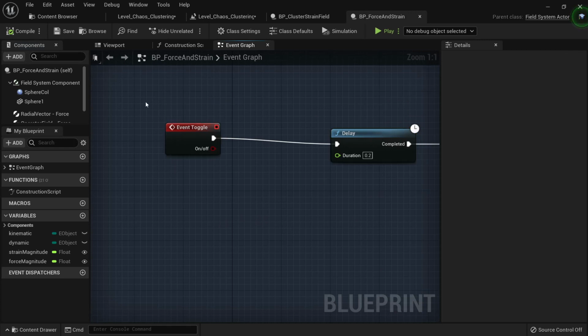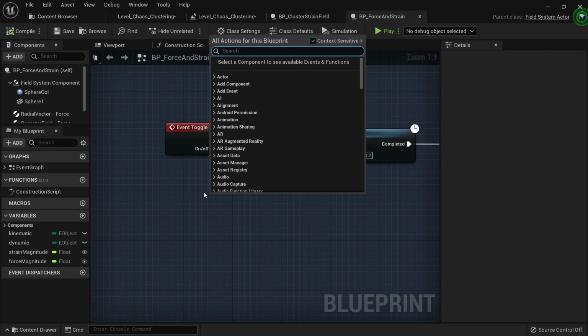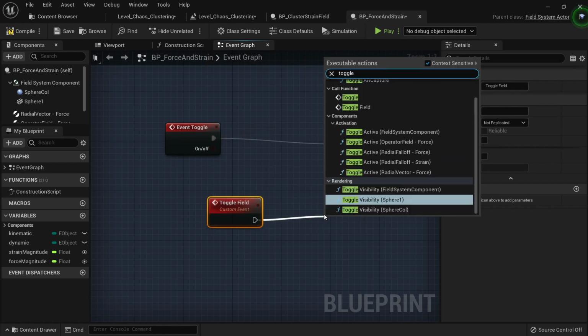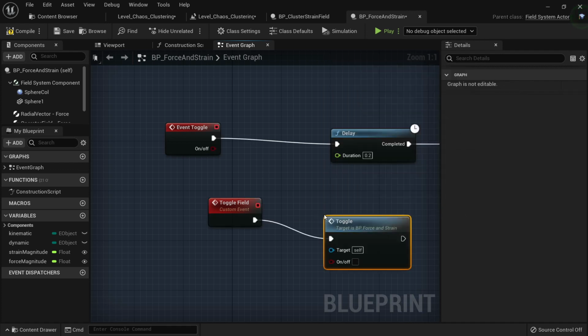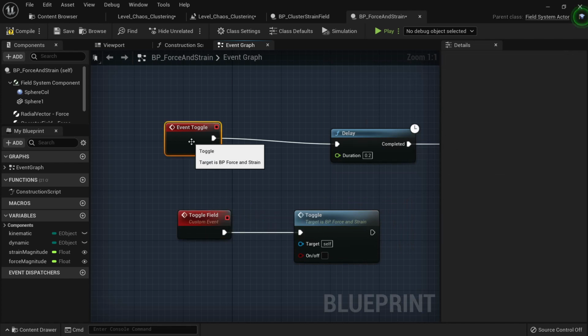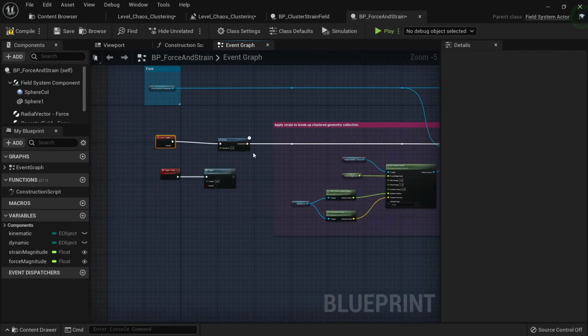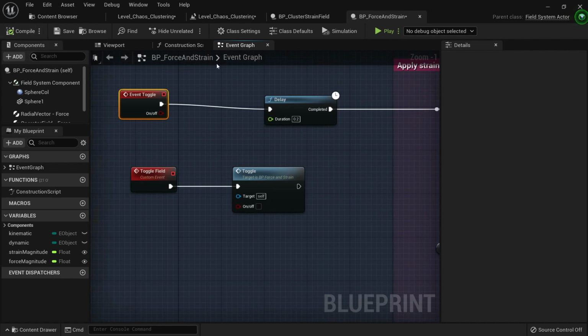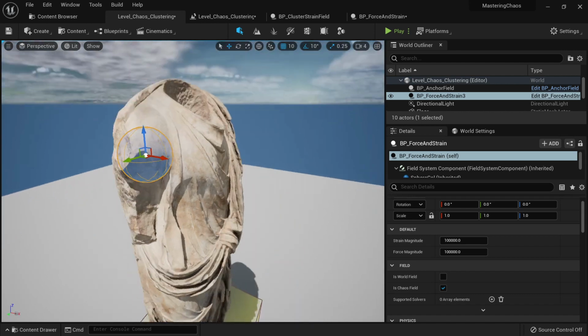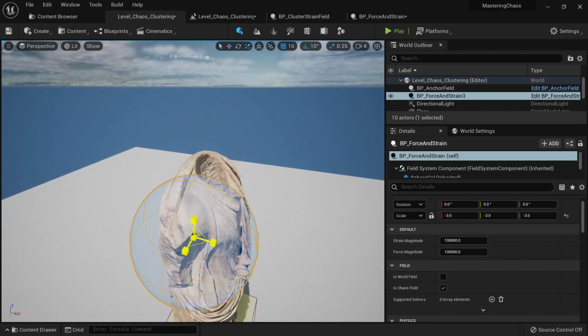fall naturally. So, in order to activate this, we need to edit the blueprint, just like we did before, because this event cannot be called outside of this one. So let's just create a custom event, and we will call it toggle field, just like that. And just like before, we will put a toggle here, call function. Okay, this event called this event, and this event triggers the rest of the things. All right, so now let's go to our level blueprint, and let's put this into position, maybe something like here,